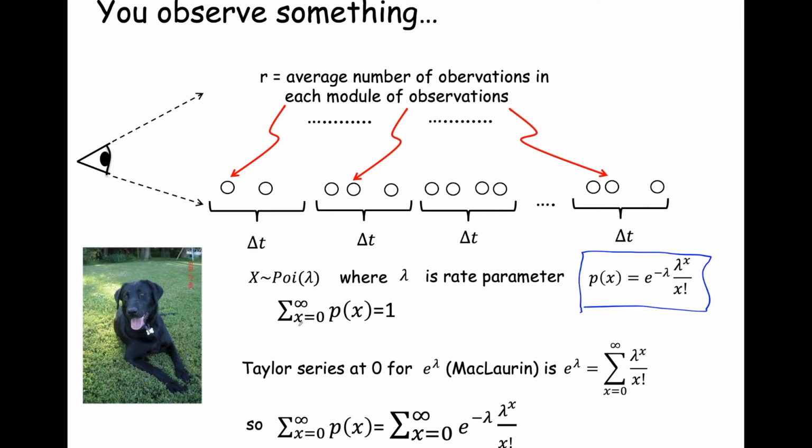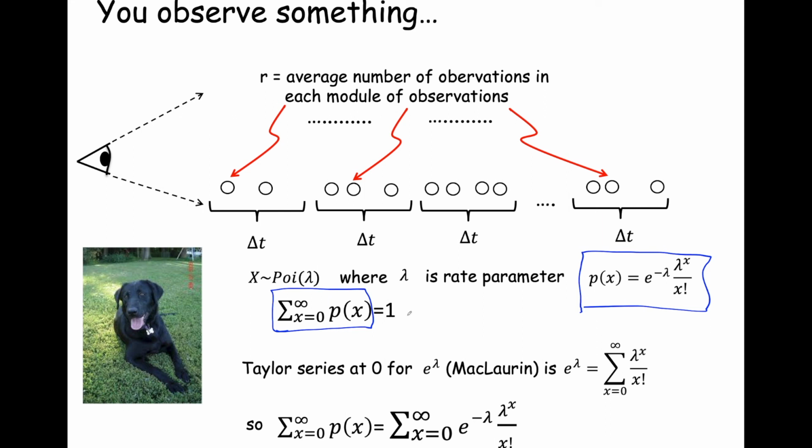So we're going to sum together for x goes from 0 to infinity, the probability of x for that mass function, p of x, and we're going to show that this sum for the Poisson probability mass function is equal to 1. Now you notice I called it the probability mass function. It's a mass function because this x, the number of observations of the event that I see, is countably infinite, right? You can draw a one-to-one correspondence with this number and the set of real numbers. And so what we're going to show then, if we sum together this mass function for all values of x,